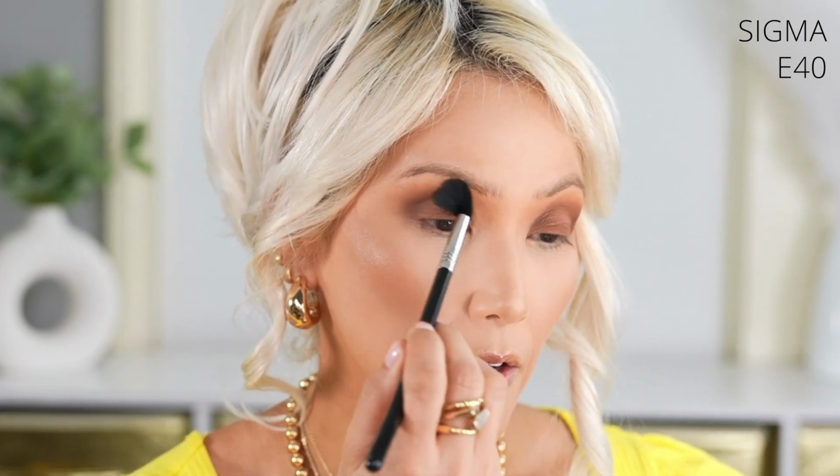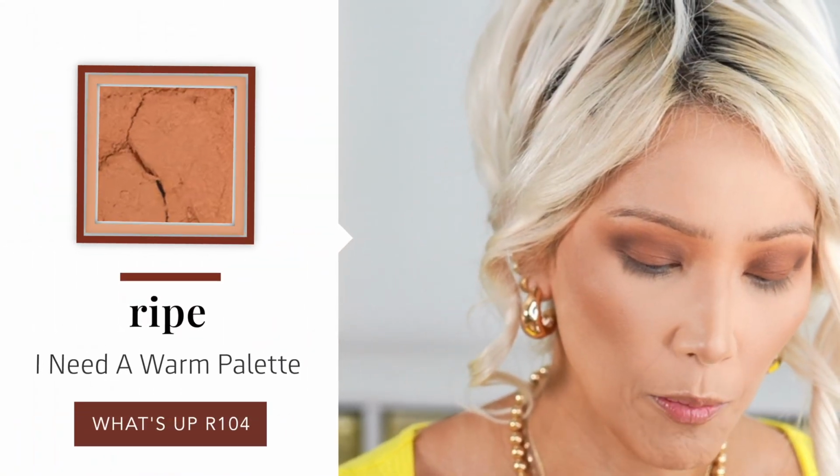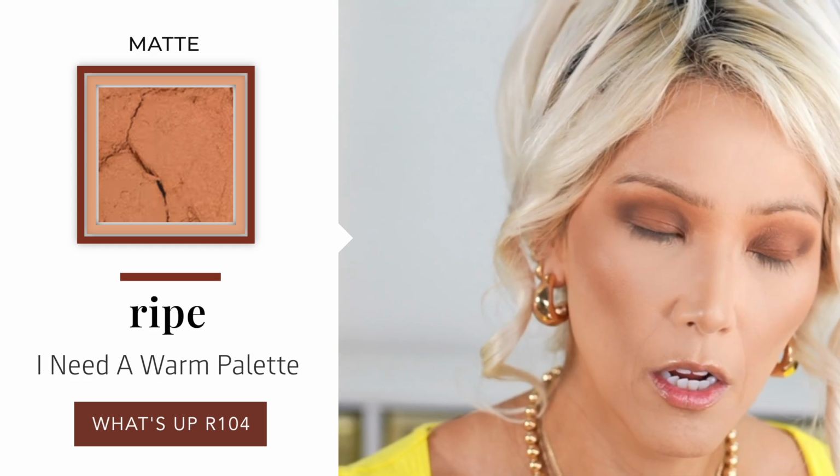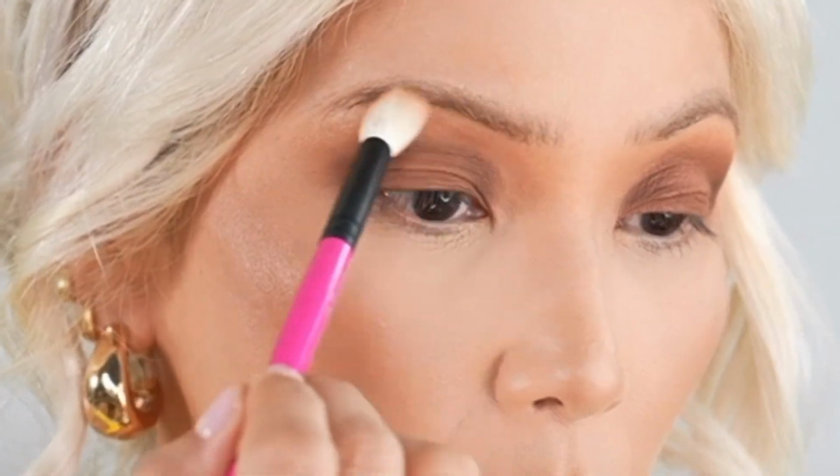It's always just kind of going backwards. You could have stopped a long time ago. It's just my thing. We're kind of just playing. When I do this, I just like to play with these shades and show you guys how they look. Nothing on this brush. Again, just blowing that out again. Now let's go in with a little bit of that first shade, just a little bit, and we're gonna go above that. We're gonna do my Victoria Beckham brown liner, but I'm gonna start off with this Melt,